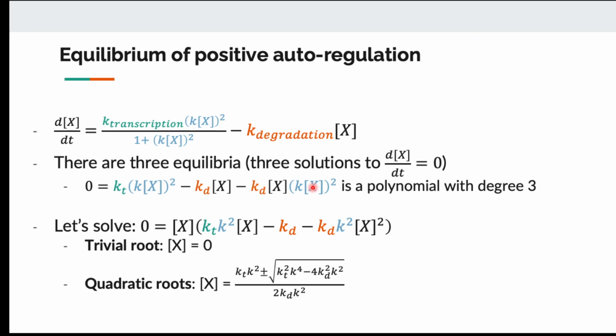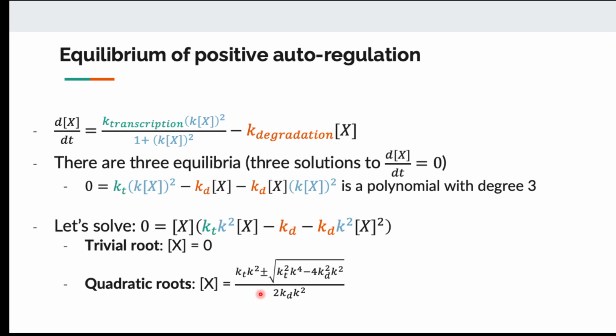In this case, one of the solutions is trivial. If your system produces nothing, it will remain producing nothing. So x equal to 0, with no molecules at all. That's one of the equilibria. The other two,